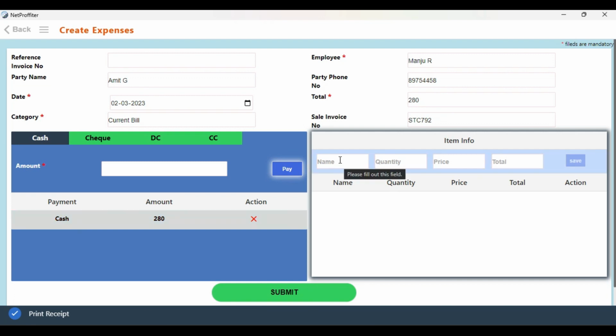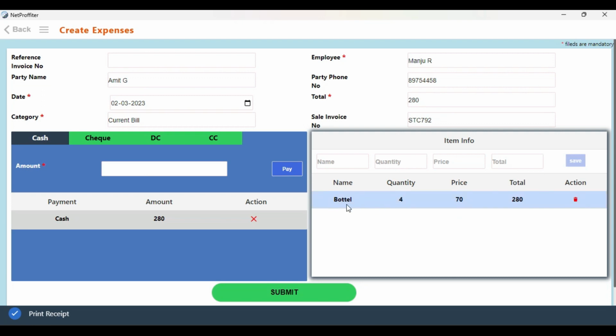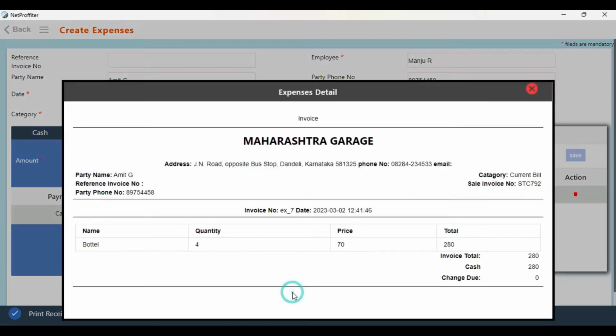If this expense is about items, you can give here the item name, the quantity of the item, the price of each item, and the total amount of that item. And after filling the details of the item, when you click on save, the item information will be shown here. And after filling all the details about the sale expenses, when you click on submit, you will